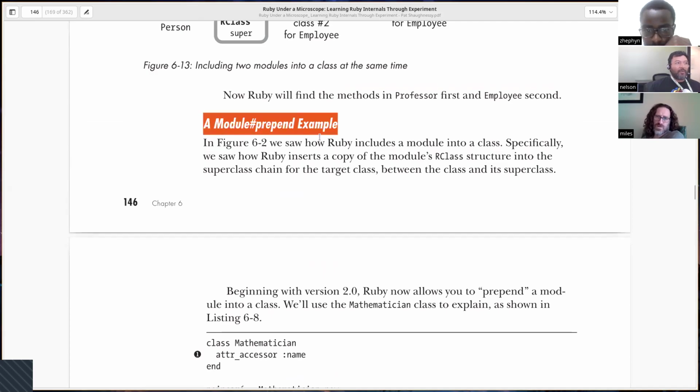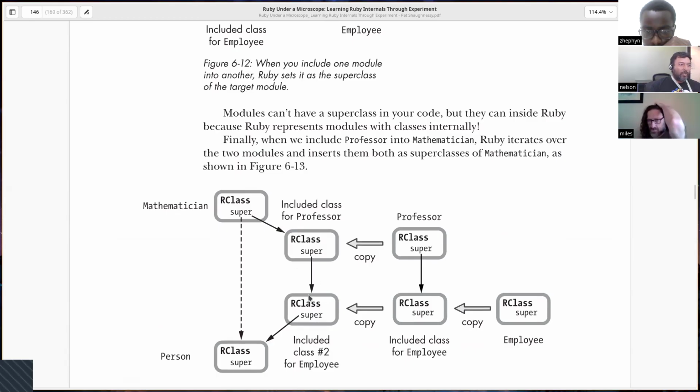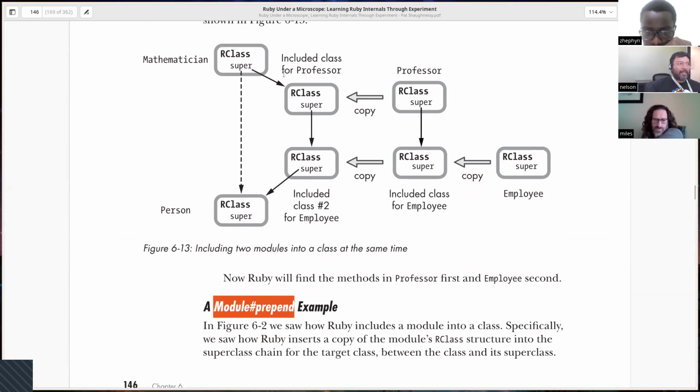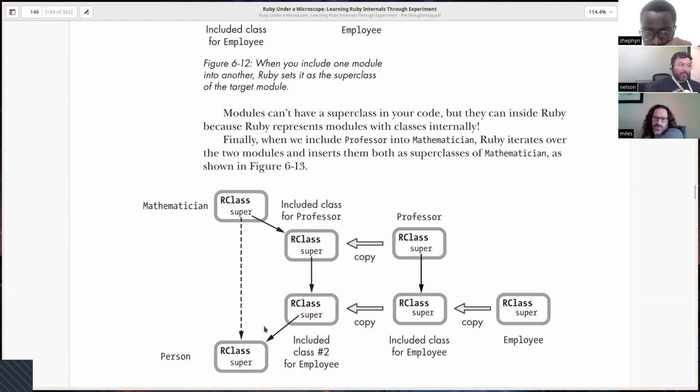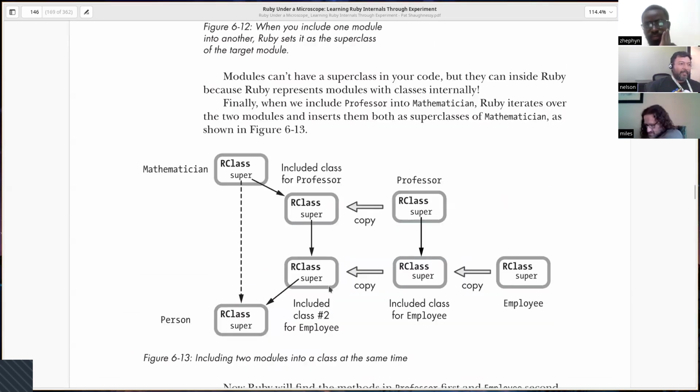Well, I would probably avoid using it because it's still not 100% cemented in my head the way that works. But basically, we want to invert this order. Instead of having the expected order that we did when we included, it goes reversed. It becomes reversed so that you know